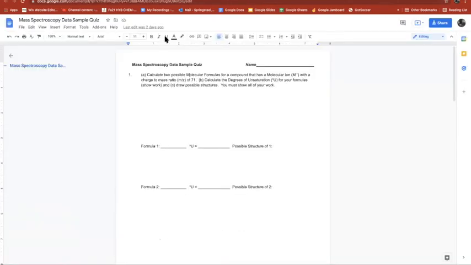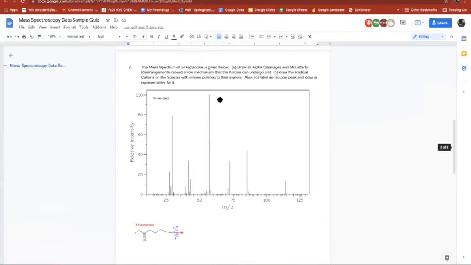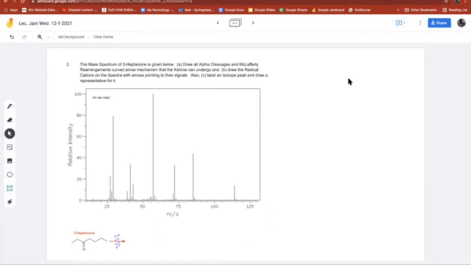Mass spectroscopy quiz. All right, so here we go. We got 3 heptanones given. Draw the alpha cleavage and McLafferty. So let's just figure out what the formula is for this one first. It's called 3-heptanone. Sounds like 7 carbons, right? 1, 2, 3, 4, 5, 6, 7. There we go. 3-heptanone. Its formula is